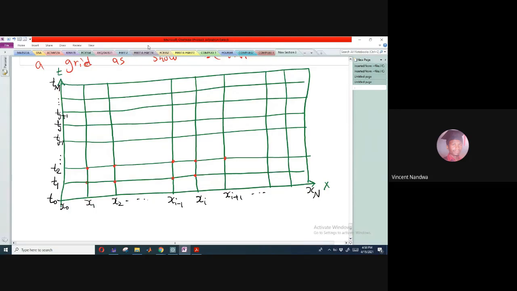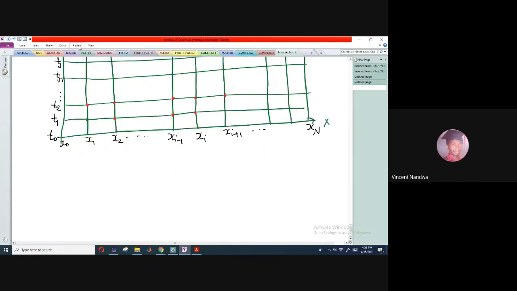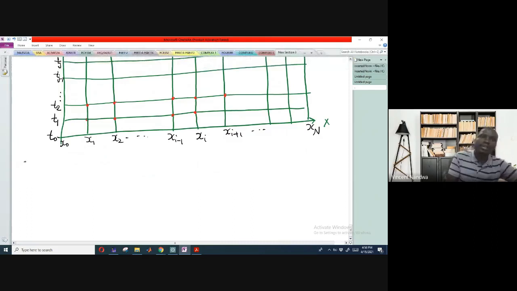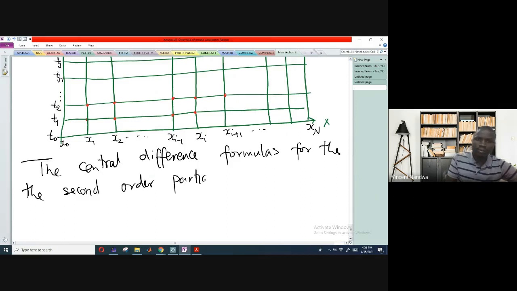So in this grid, because these things are assumed to be uniform, the central difference formulas from our numerical class, for the second order partial derivatives in equation 1, which define the wave equation,